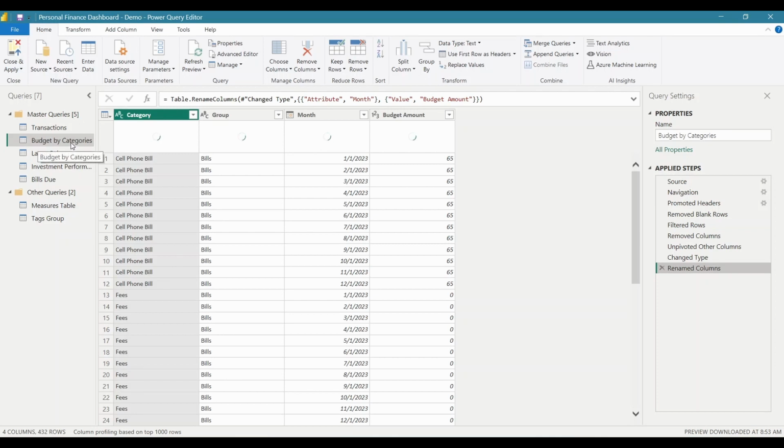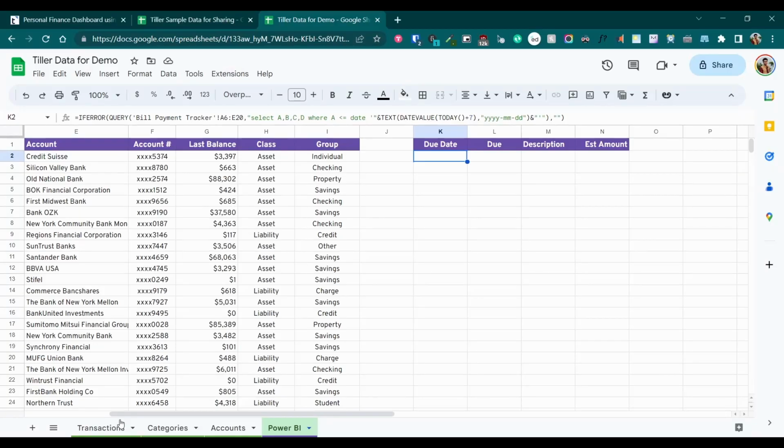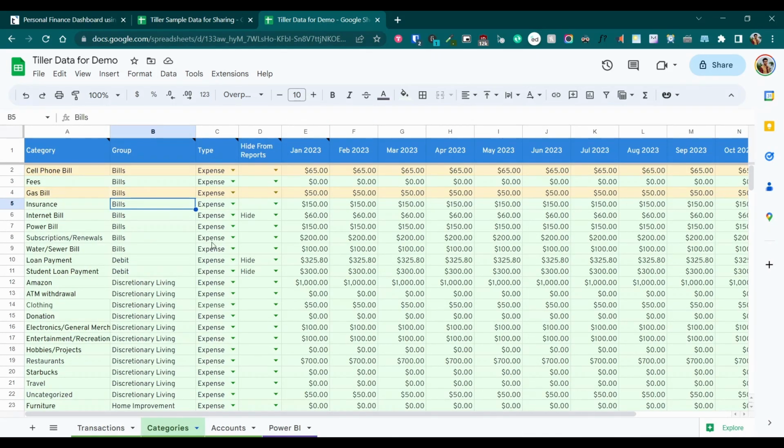For the budget by categories, you might see some errors depending on the structure of your categories sheet. So if you open the categories, you might have some additional columns as well, like tags or subgroups or any custom columns.